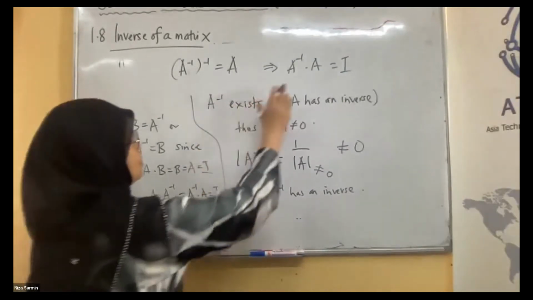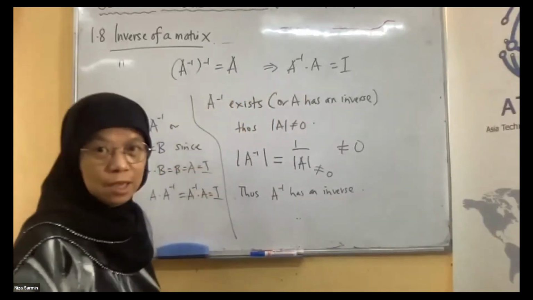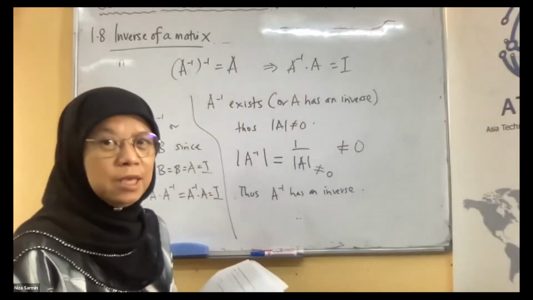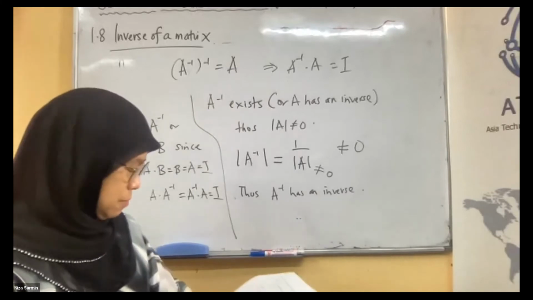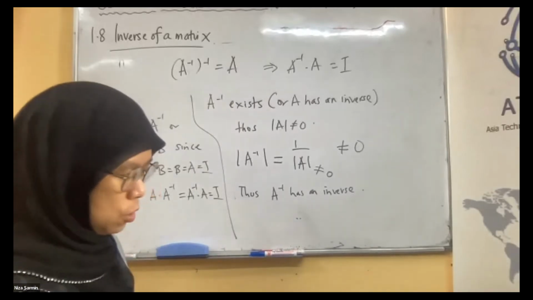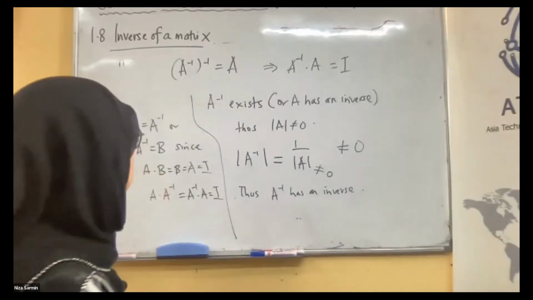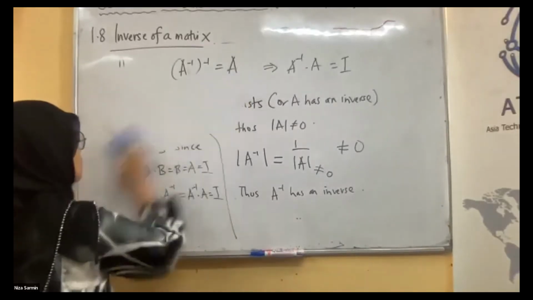So this gives A inverse is A, because when you multiply A inverse by A, you get I. And the next one is